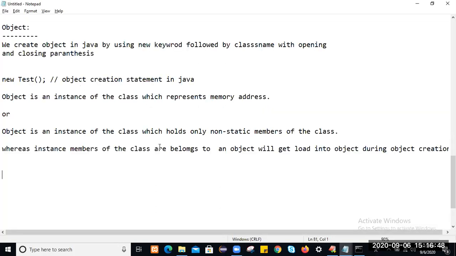Okay, let me repeat once again. Static members of the class belong to the class and will get loaded during compilation time into the common memory of the class.